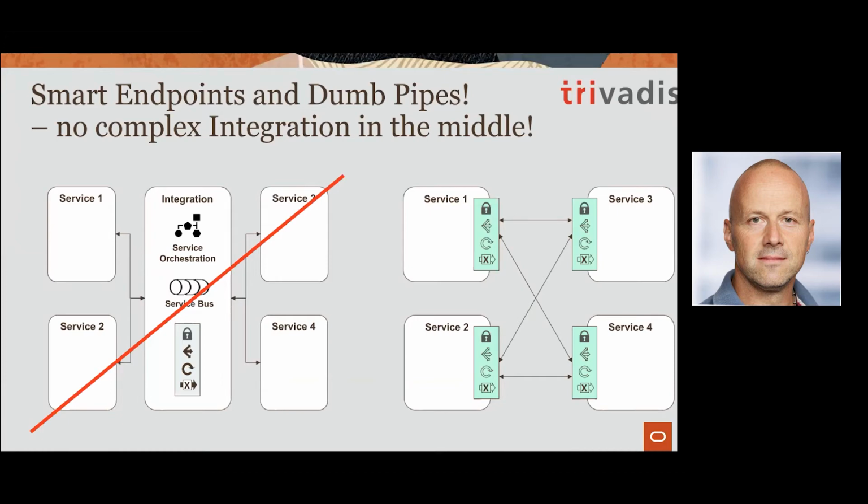In the previous slide I had the question, is microservices just SOA done right? And in a way, I think it is SOA done right, because we will hear from Rolando later about the service-oriented principles, and we also find these service-oriented principles when we do microservices. What I really think is different compared to the SOA world, where we had the service bus in the middle, is that we should no longer think about smart pipes. The pipes are dumb. And the logic we did in the past in the pipes, we have that on the endpoints. And this is more of an organizational aspect, not really a technical aspect.